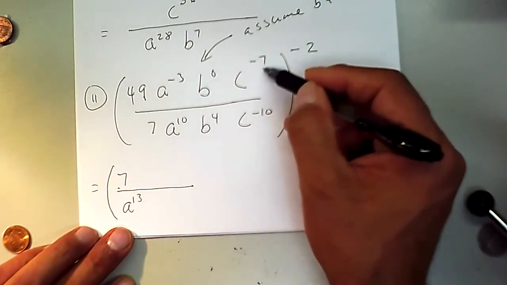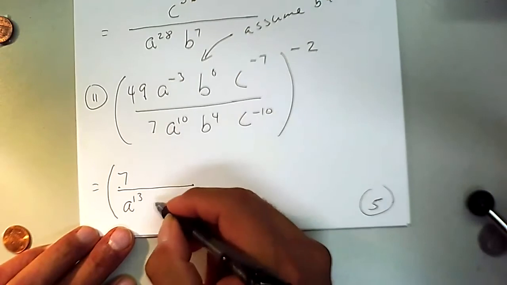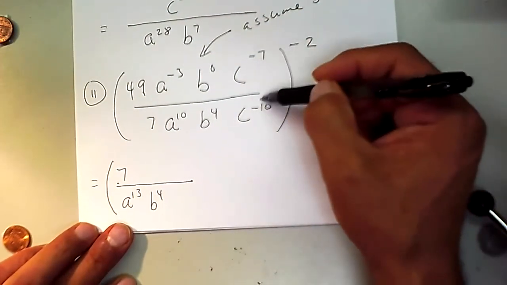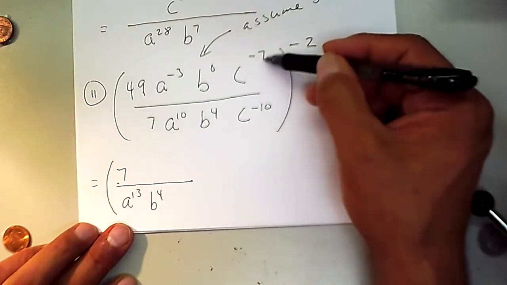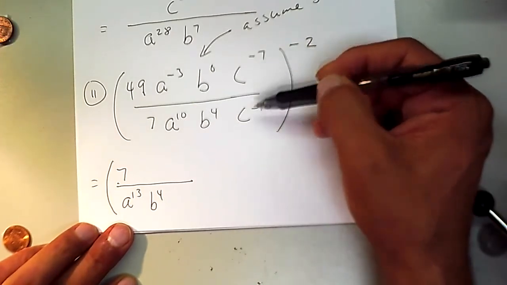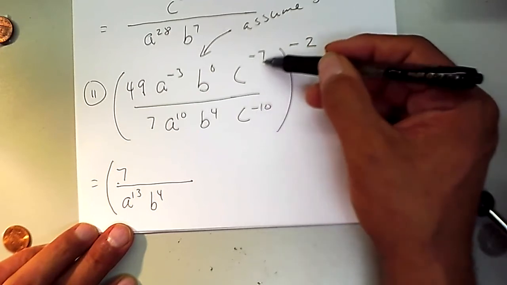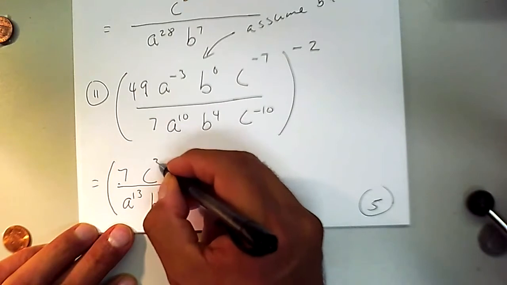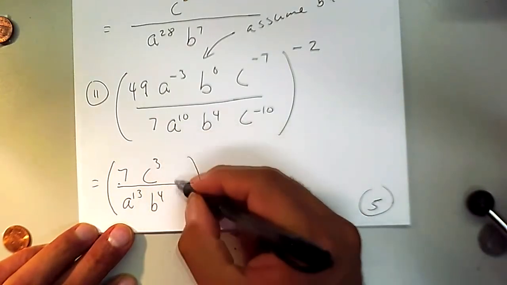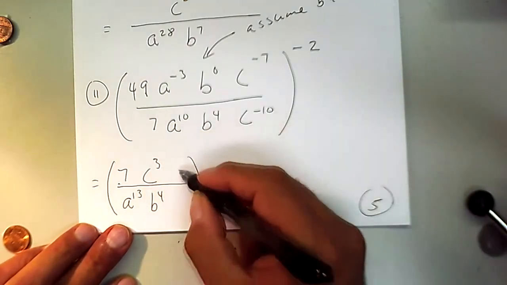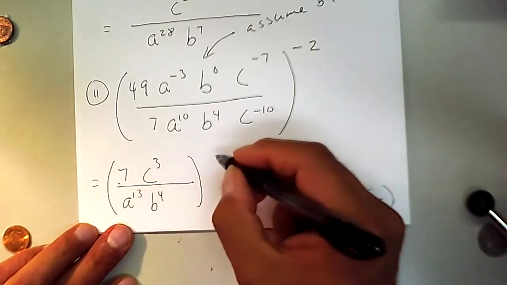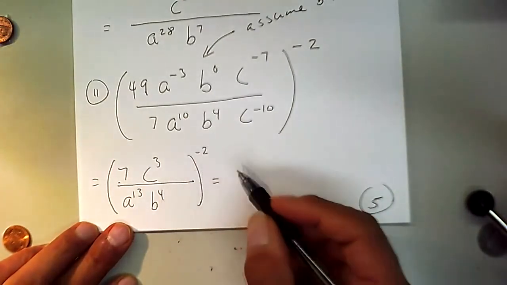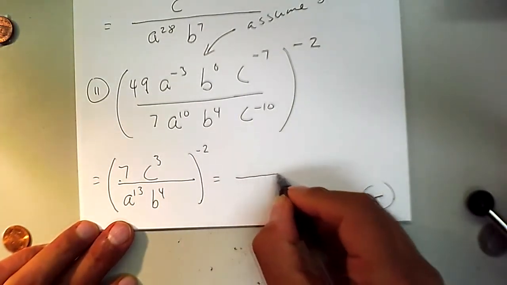C to the negative 7, keep this b down here, b to the 4, and then there's a flip-flop. So this c goes up here, 10 of them, that c goes down, 7 of them, so we got 10 on top, 7 in the bottom, that means we got 3 on top there. Sometimes when I do this with a pen, I make up more room than I need. All right. So now we gotta do this. Let me try to do this in one shot.